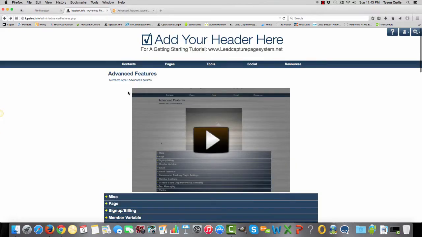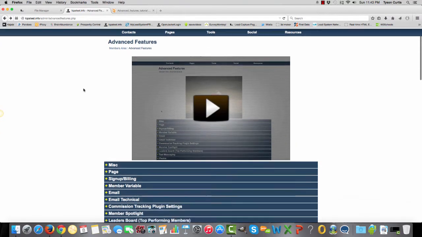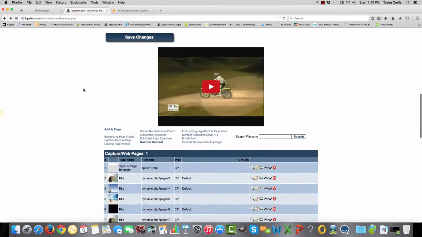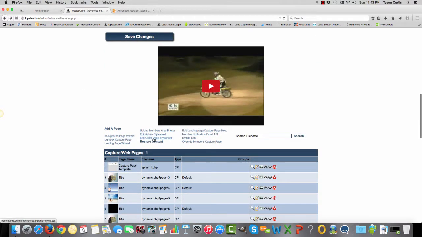Okay, guys, we are on the advanced features page, and if you scroll all the way down here at the bottom, you'll see these links down here. Okay, and in these links, you'll see a background page wizard, a lightbox capture page creator, a landing page wizard, and all these other little links down here. I'm going to go over those here in a second, but first off, let's just show you guys how to